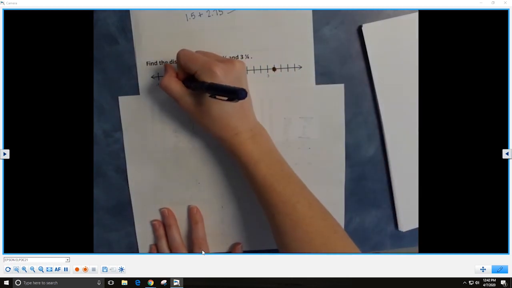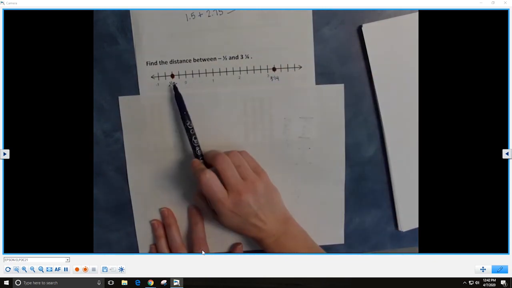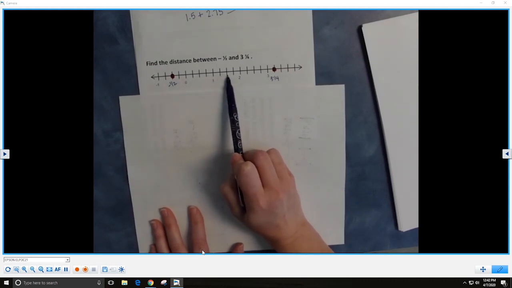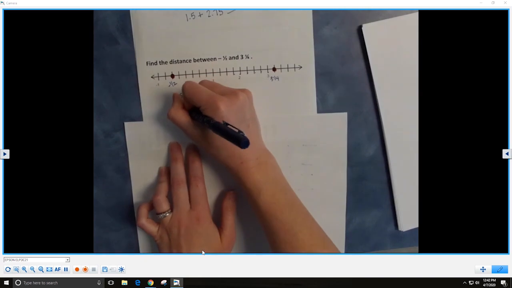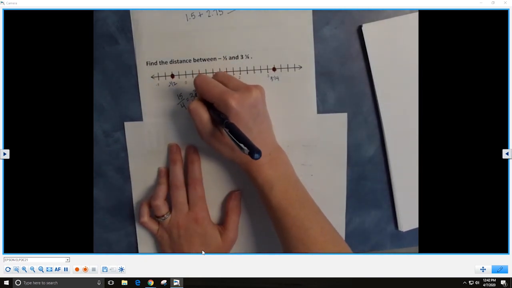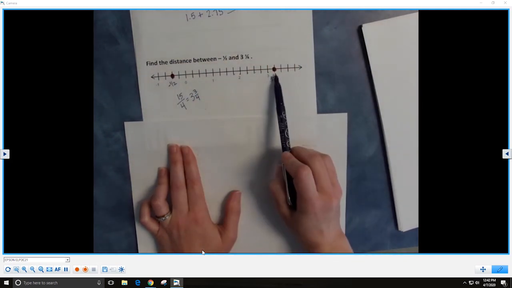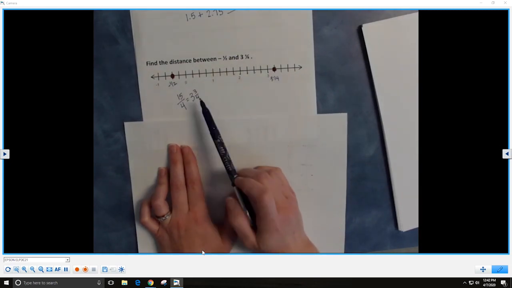So here we are at negative 1/2, and here we are at 3 1/4. And because we're using fourths, we could count the number of fourths. So 1, 2, 3, 4, 5, 6, 7, 8, 9, 10, 11, 12, 13, 14, 15. So 15 fourths as the distance there, which is the same as 3 3/4. So just counting from here to here, counting by fourths, we counted 15 fourths, which is the same as 3